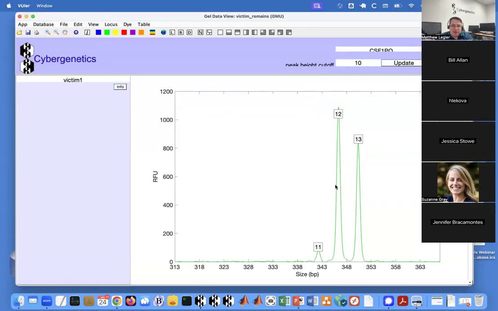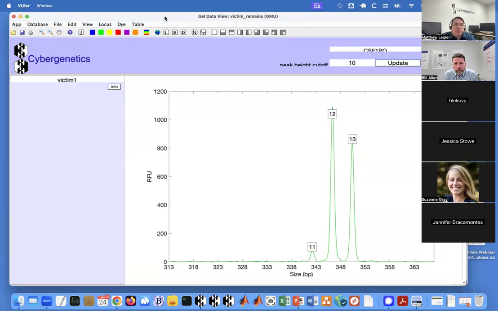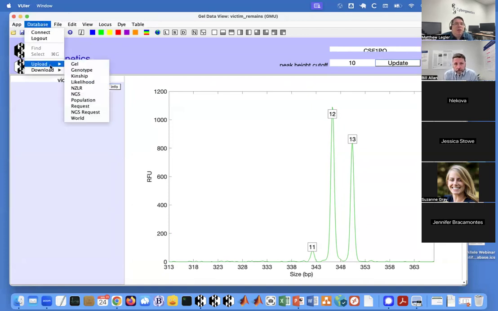You go in, you annotate it, you ask, how many contributors do I think are here? So in casework, this is a process where you might actually look at the data and make some sort of conclusions, like how many contributors there are. For more automated processes, though, I don't even need to touch request. Instead, I have these 20 samples, I know they're all victim remains, and I can process them in one large batch without having to even touch request. The way that works is that I go to database upload request